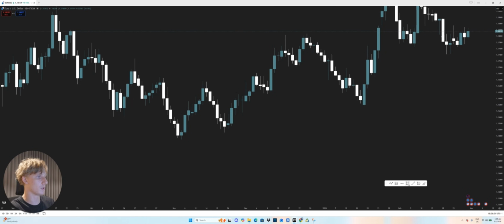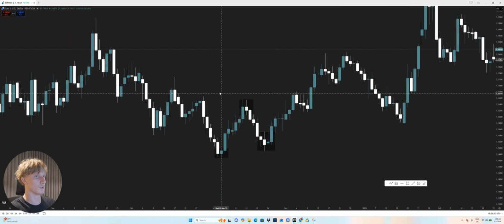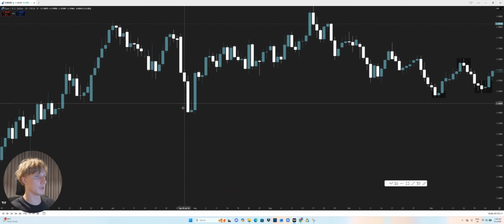If we take a look at this chart right now, we can probably identify this is a very obvious area where price is moving down and out of nowhere, it just exploded. An institution has entered here. Same here, we can see the price is moving down and out of nowhere, it just exploded. Once again, it's probably an area of demand where an institution has entered buy orders. And once again here, this is very, very obvious. Price was moving up and then it just sold off out of nowhere. Once again, most likely where an institution has entered sell orders. Once again, huge move to the downside, an indecisive candle followed by a huge move to the upside, right? Very, very obvious that definitely an institution has entered the market here.